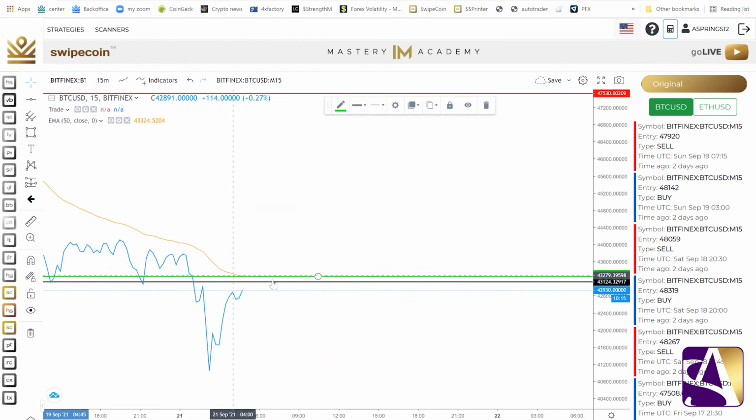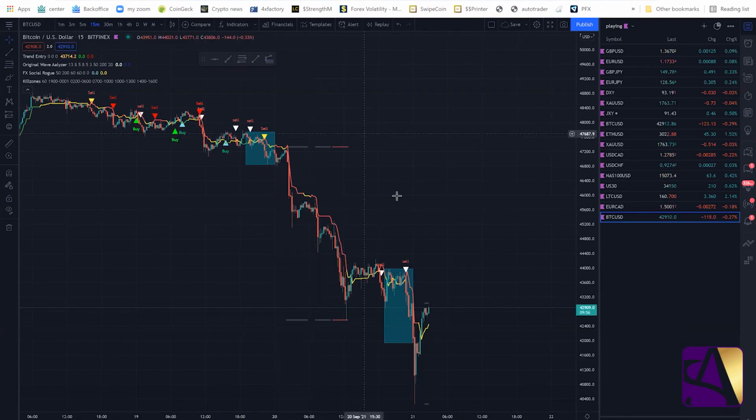Matter of fact, I'm going to set an alert at this level. I'm going to set it right there, really. 43,100 probably would be good. I'm going to set it on TradingView. Yeah, 43,100. Let's go over here. Let's put in a